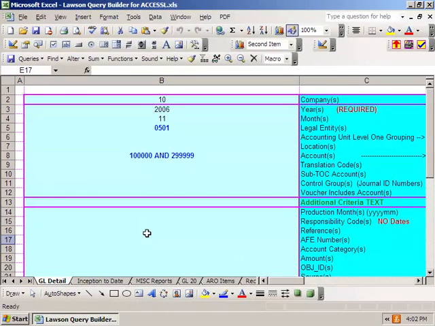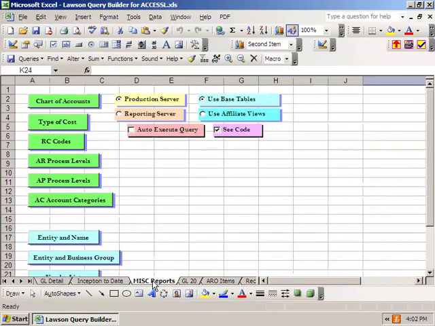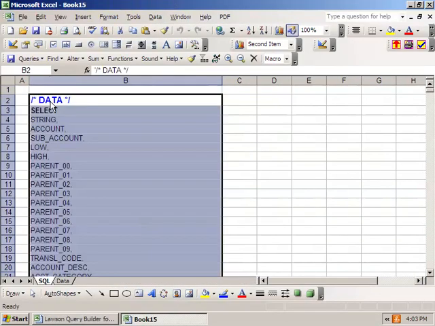This video demonstrates potentially what an Excel-based reporting system for Sogas could look like. This is a spreadsheet that I pulled up, and it has different tabs on it based on different major report areas. And when you click on a tab, or when you click on a button, like in this case a chart of accounts that doesn't really have any kind of criteria associated with it, it just builds a